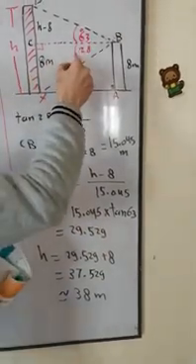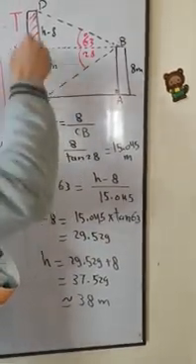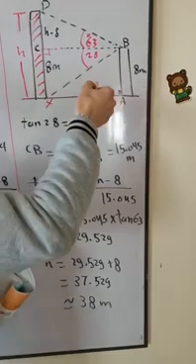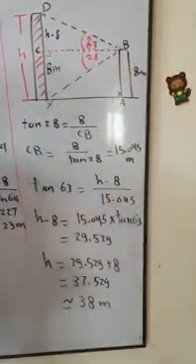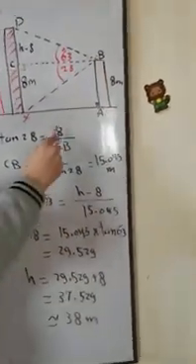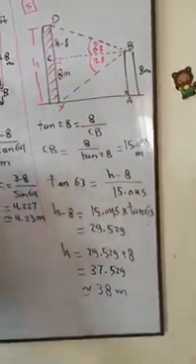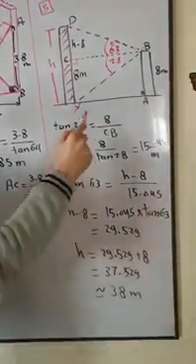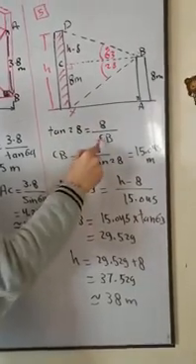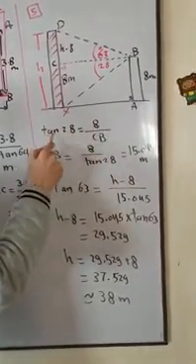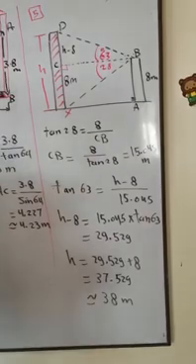Tangent for this angle equals what? The opposite side over the adjacent side CB. The opposite side is 8 meters and the adjacent side is CB. How can I find CB? CB equals 8 divided by tangent of 28. The answer is